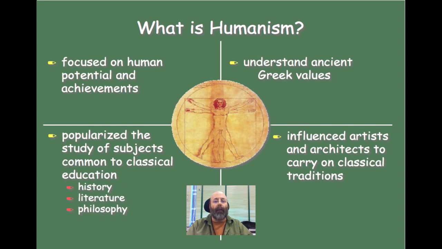Very different than what you saw in the Middle Ages, where everything was emphasized on religion and not people. Again, look at the term humanism. It has the word human in it. The emphasis is on us in this world, not, let's say, a god or a deity in the next world. So humanism is a very important philosophy, and it's come to shape American society to a degree that most people probably aren't that familiar with. Again, reading, writing, and arithmetic are aspects of humanism, everything you learn in school.